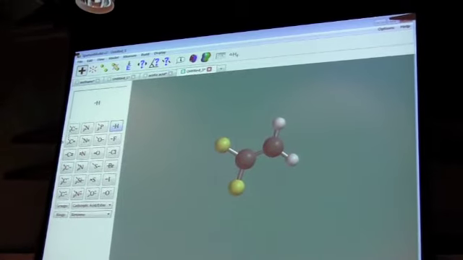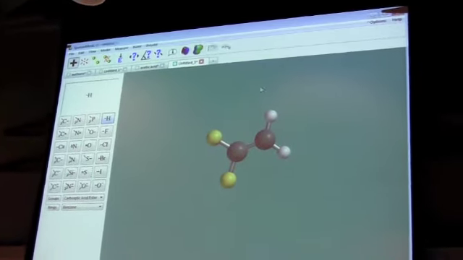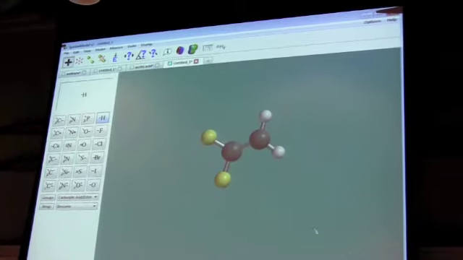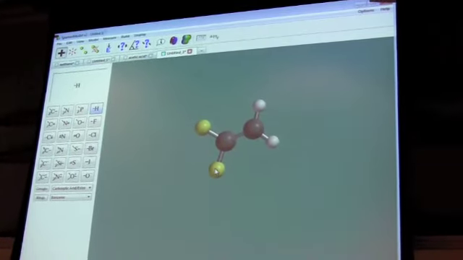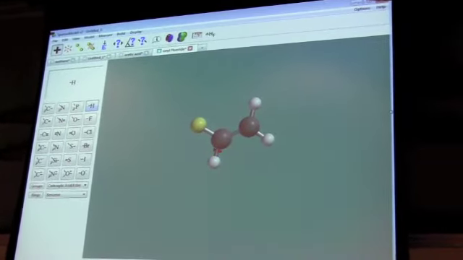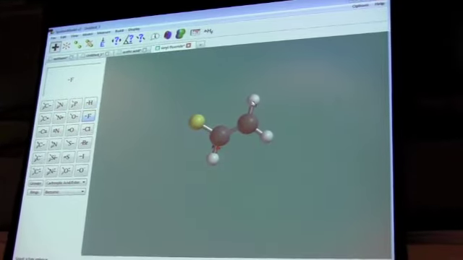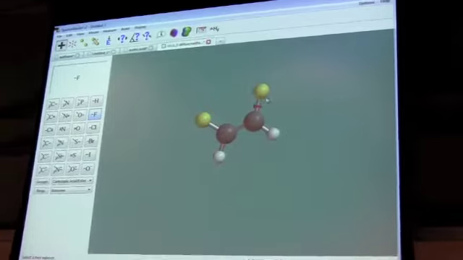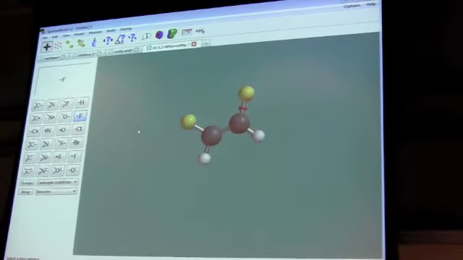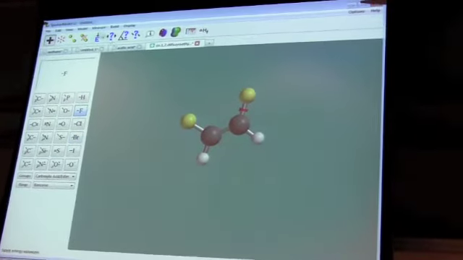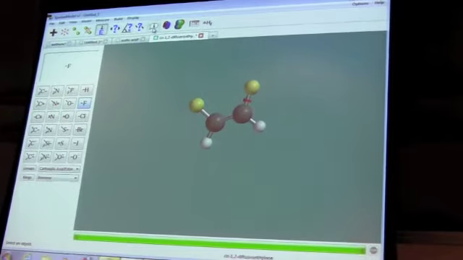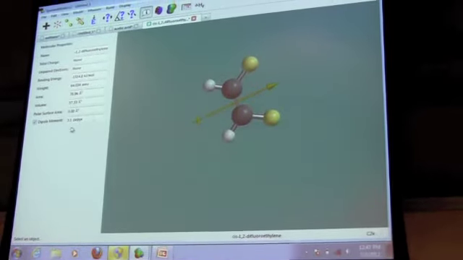So I want to change the fluorine atom to the hydrogen atom. So I have the hydrogen atom selected here. I just double click, and it changes. You see it? And then I double click here. Yep. And I change it, and then I go again, minimize, and then I see my properties, and it